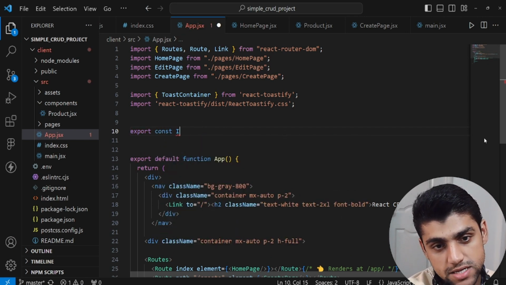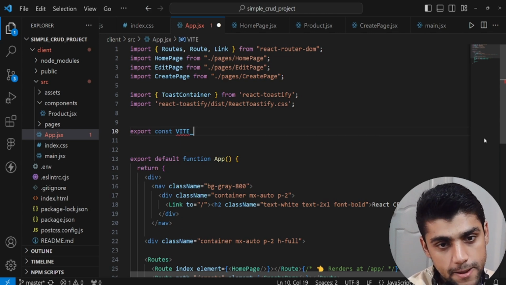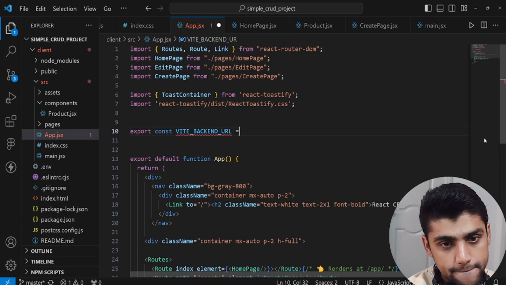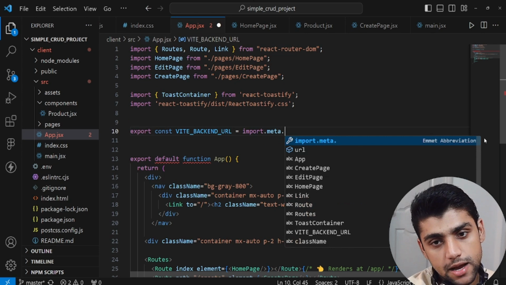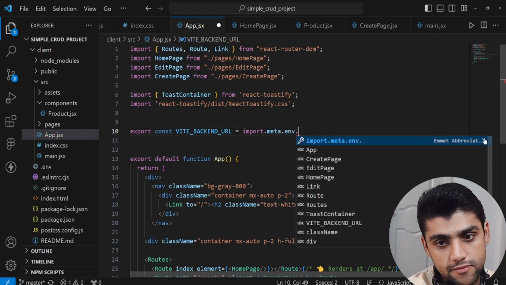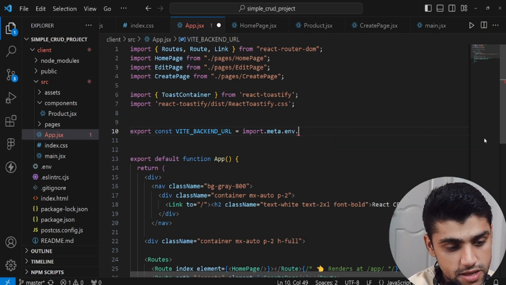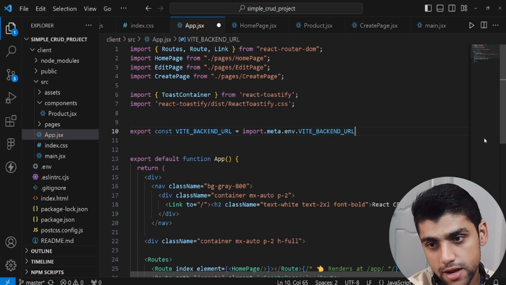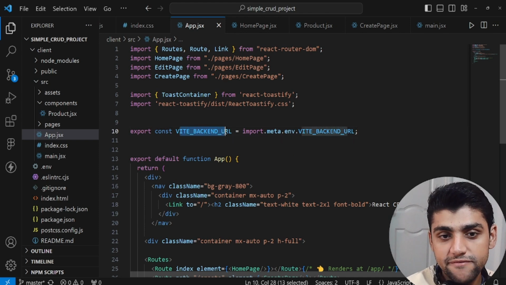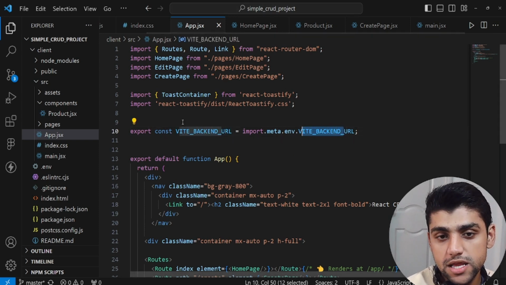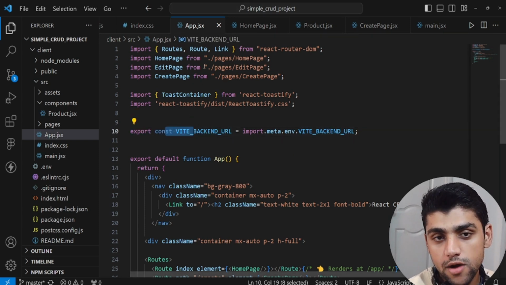This is how we're going to access the env thing. So VITE_BACKEND_URL is equal to import.meta.env, and then we are allowed to use the variable. So VITE_BACKEND_URL semicolon. This is allowing us to access the VITE_BACKEND_URL from the .env, and now we could use it overall throughout our entire